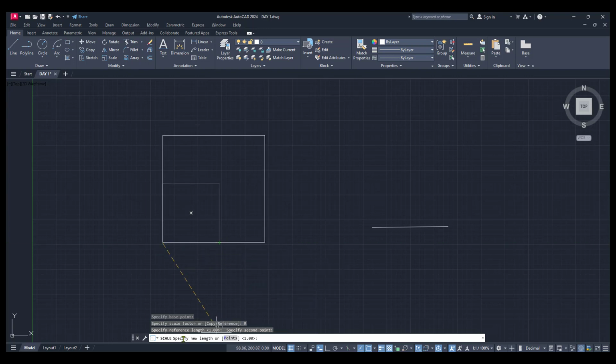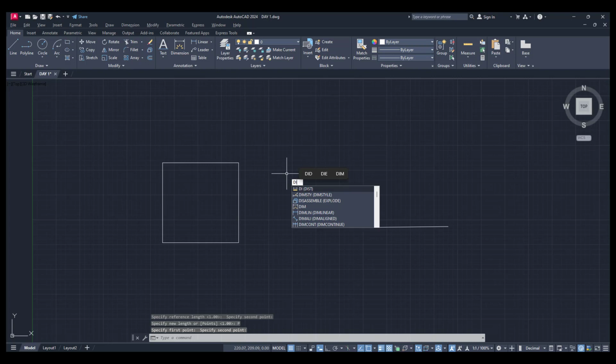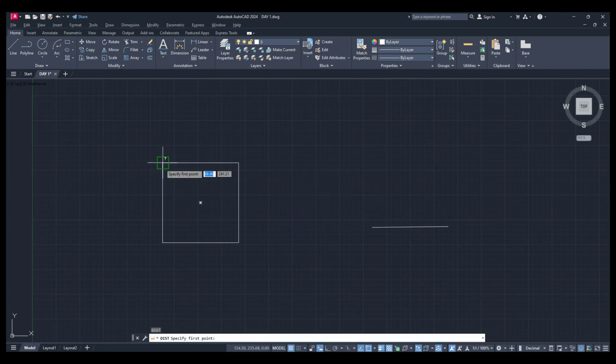Now click specify new length. For that I click on the points, or else you type P, enter. In this case you have to give the reference length, that is your first point to the second point. Now check the distance of this object by using the distance command. It becomes 40.25, which is the same as the reference length. Sometimes I just do Ctrl Z again to undo.